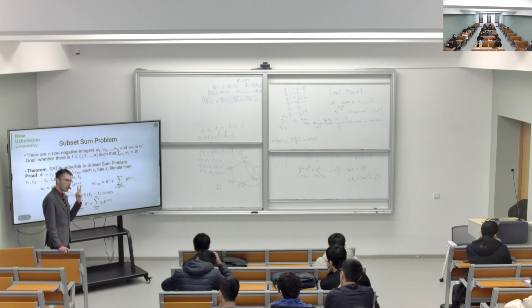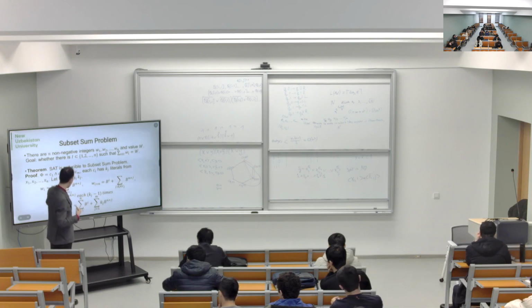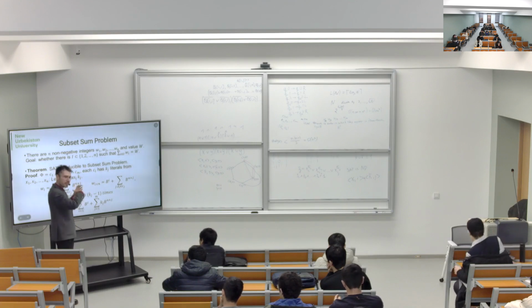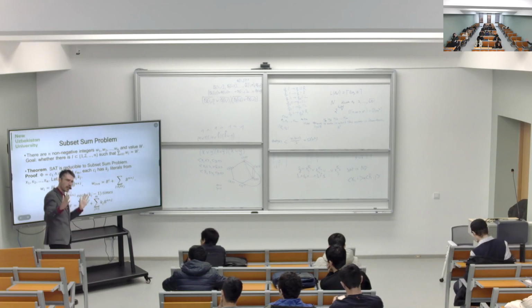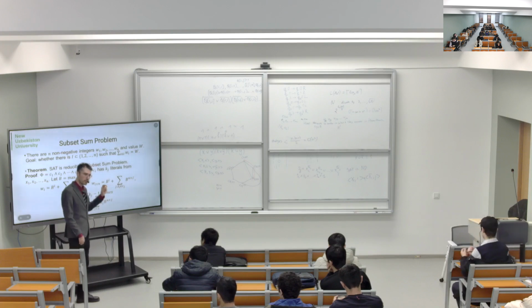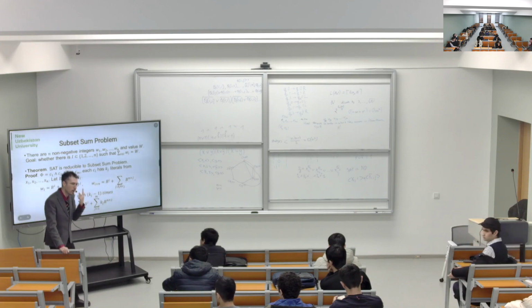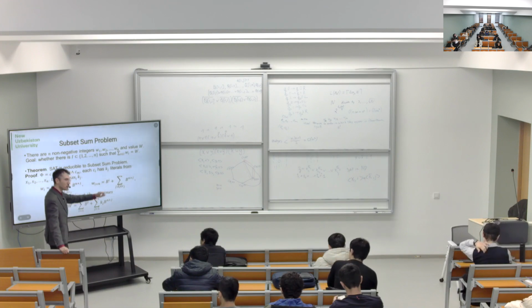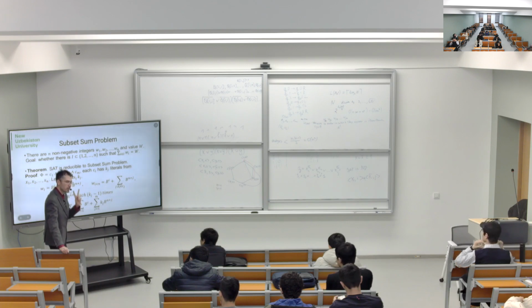Only two of the weights have 1 in the place i. You see, others have 1s in the places after n. So before n we don't have 1s, we have 1s only in two weights, wi and wi plus n. So I need to select one of them to match big W. I need to select one of them. I cannot select two of them, because if I select two of them,